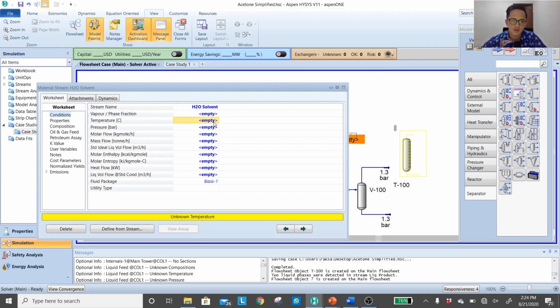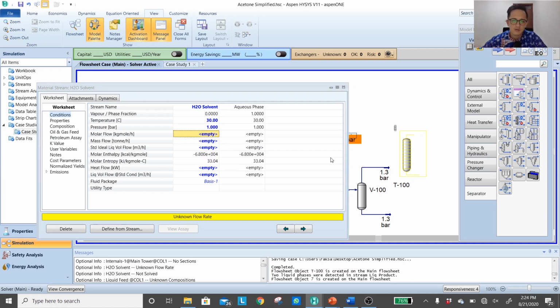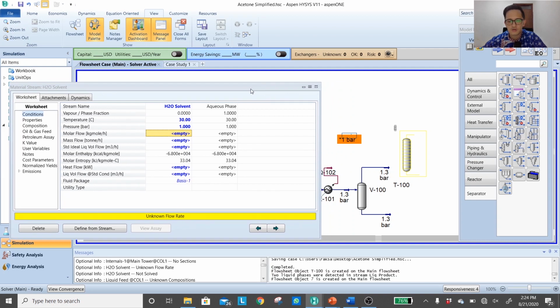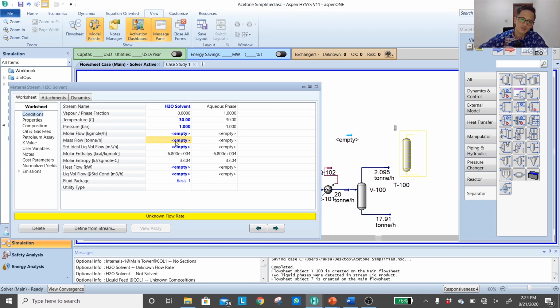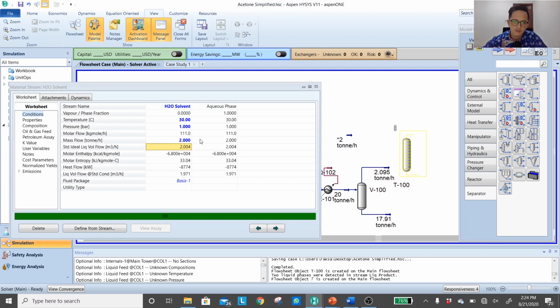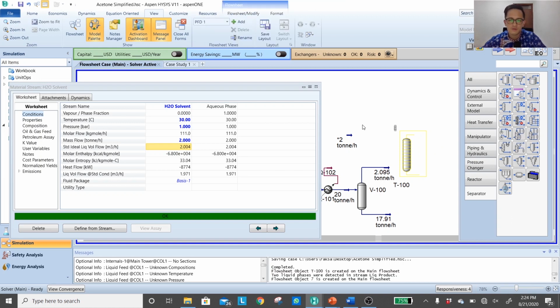Let's say it's stored in a tank at ambient temperature and pressure. The flow rate we don't know at this point. We will optimize those numbers. For a starter, I guess we can use a ratio. We have about 2 ton of vapor, so if we also put 2 ton per hour of liquid, that means our L per G will be close to 1, just as a starting point. See how it will result.